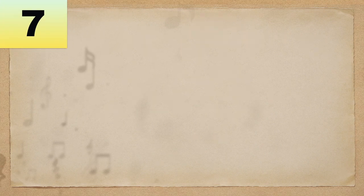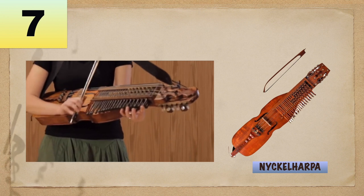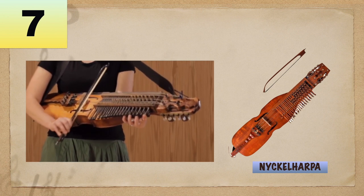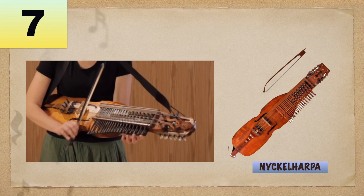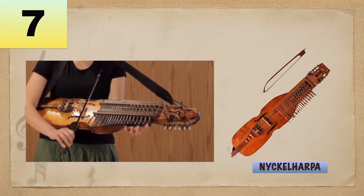Number 7. Nyckelharpa is a strange stringed instrument or a chordophone which is similar to a fiddle or a big viol. Its keys are attached to tangents which, when a key is depressed, serve as frets to change the pitch